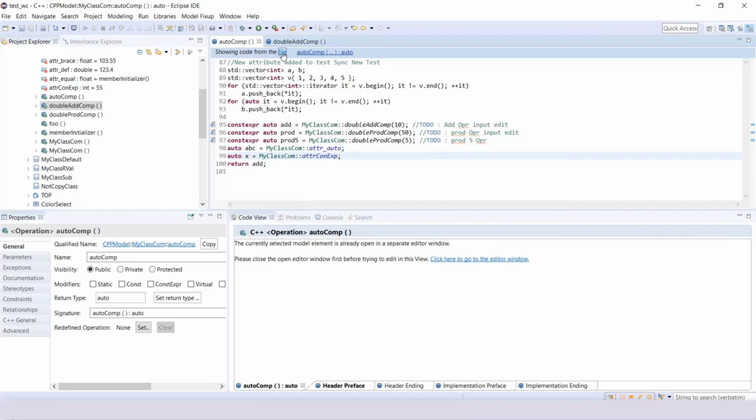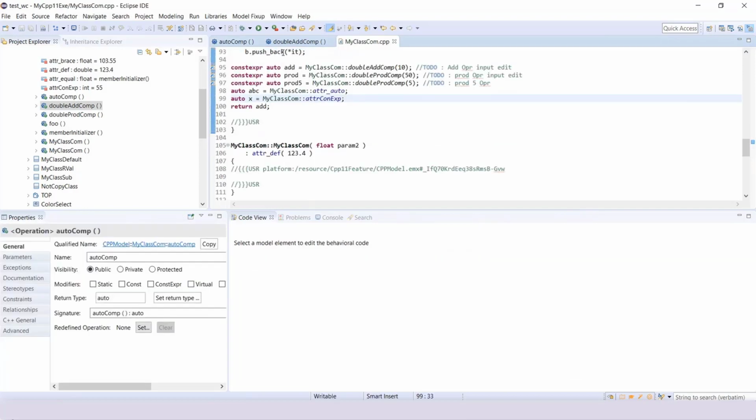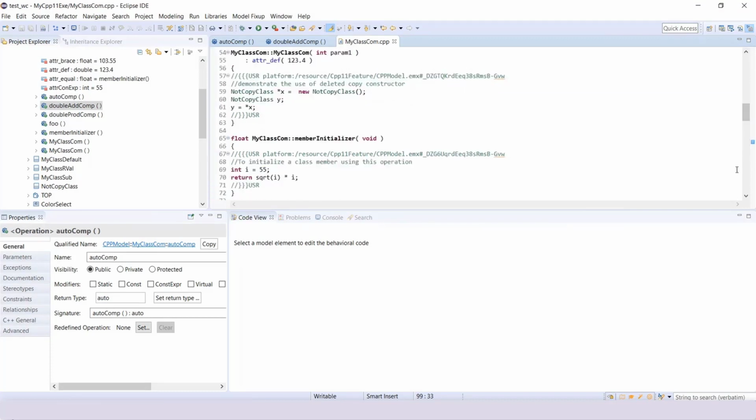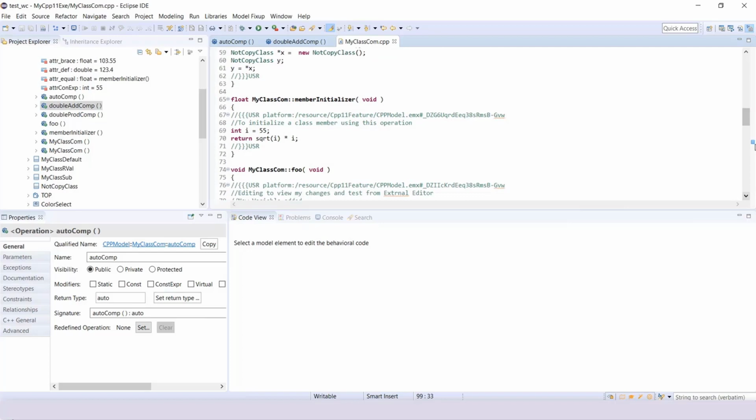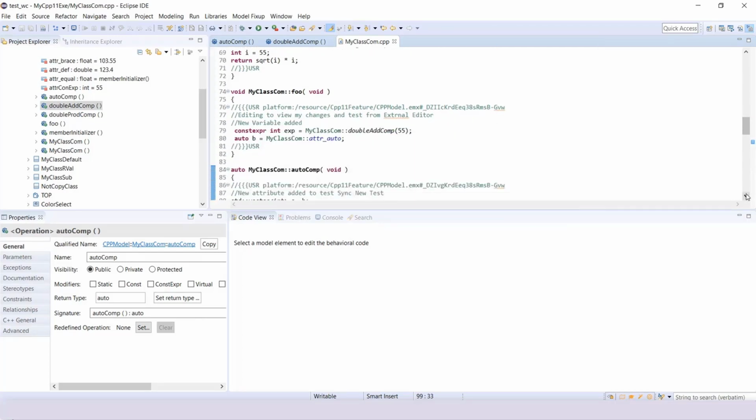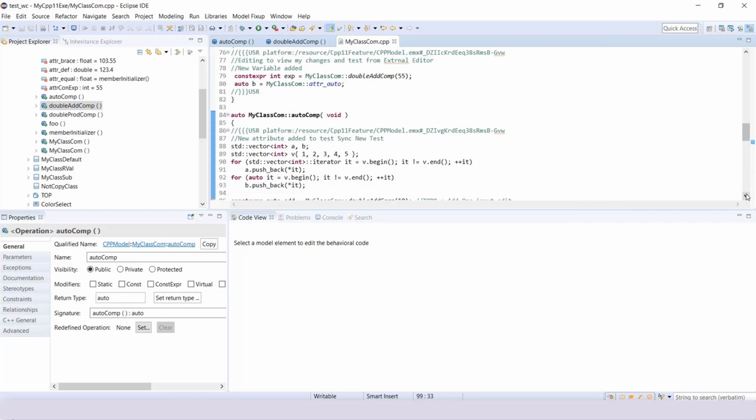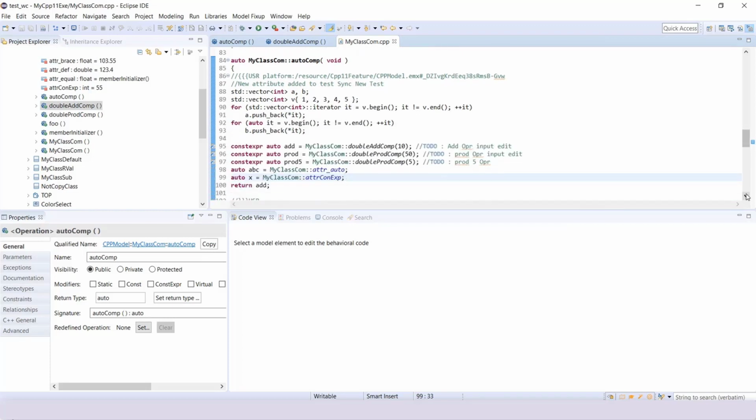So let's navigate now. As I told you, the cursor now points to the same place where it was in the code view. This is quite useful because you do not have to explicitly find the code you are working on; it will automatically navigate you to the CDT editor at the same location.